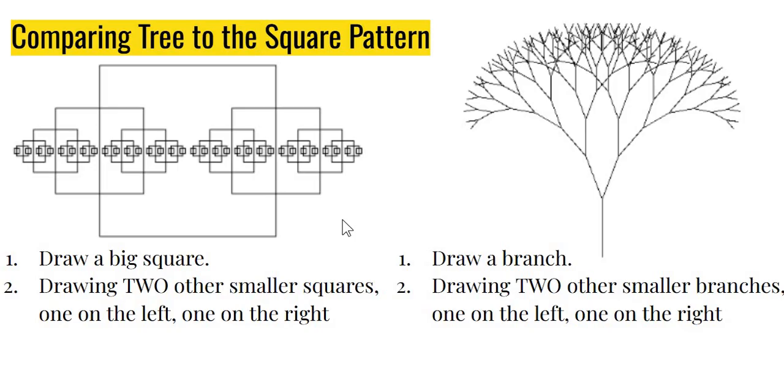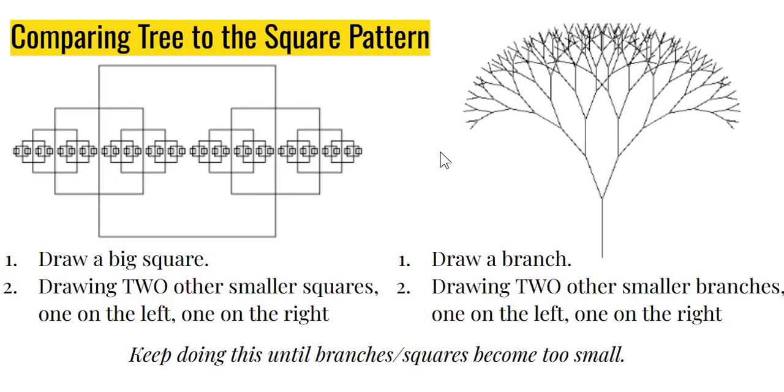Now, turn your attention towards a tree. In fact, the process is not very different, except that instead of squares, I have just one line, or think of it like a branch. So I start from here. I now make two branches, one on the left side, one on the right side. For both of these, again, I make two branches, one on the left, one on the right, and I keep doing this. Of course, I must stop this in practice at a point where the branches or the squares